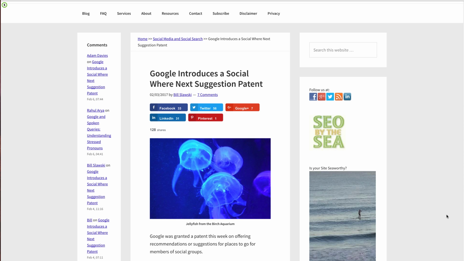Next is Google introducing a social where-next suggestion patent. Here's what this means. Let's say you've got a group and you're all doing a meetup, and you're going to meet at a local library, for instance. So that whole group meets up,